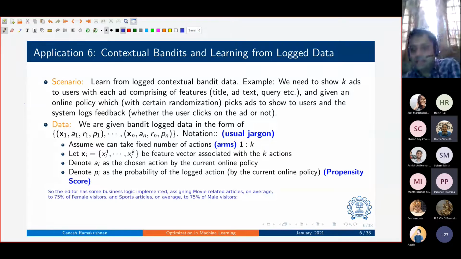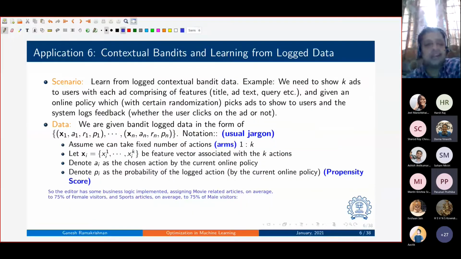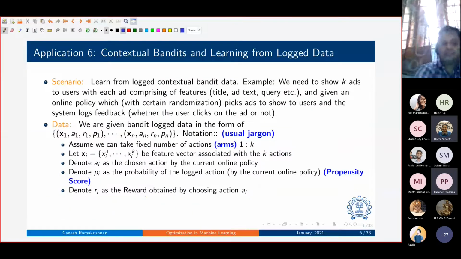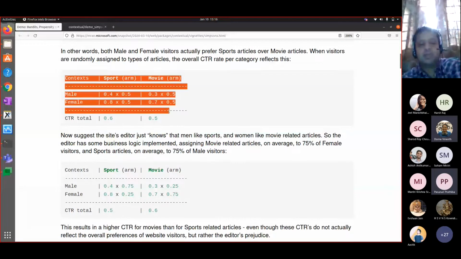Now, how do you characterize this propensity? Well, you can say Pi, the propensity for say movies being shown to females here is 0.75, is high. So can we characterize that in our expression? Yes, we will. We'll do that next. And finally, we need to account for the reward. And that was shown as this particular table. This is the reward matrix.